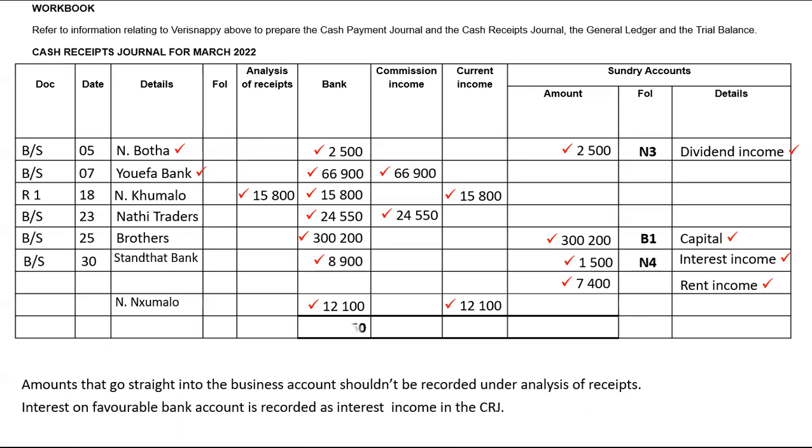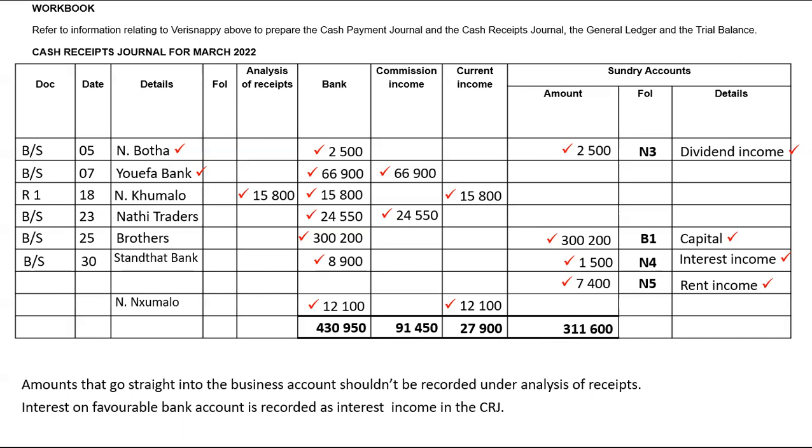Okay, now let's total the bank, which is 430,950. Commission income, you add 66,900 with 24,550. That will give you 91,450. And under current income is 15,800 plus 12,100. That will give us 27,900. And under sundry amounts, you add all of those up, it will give you